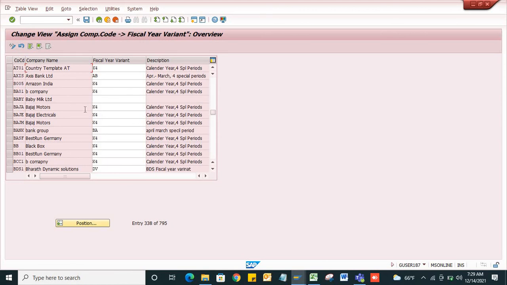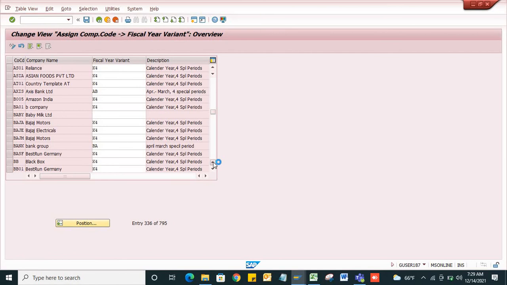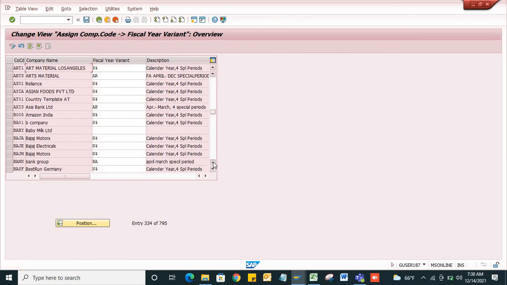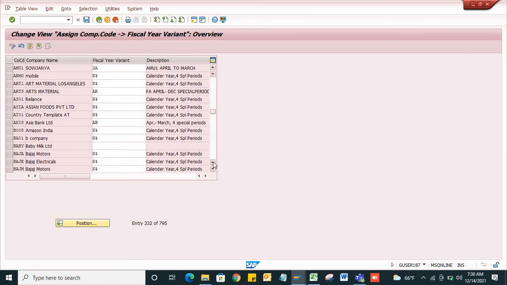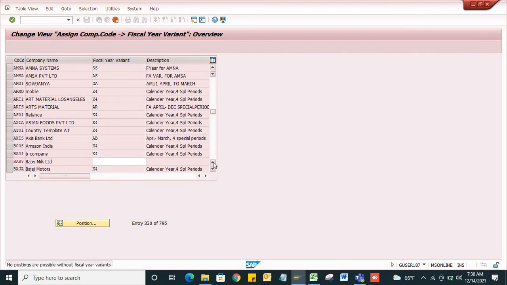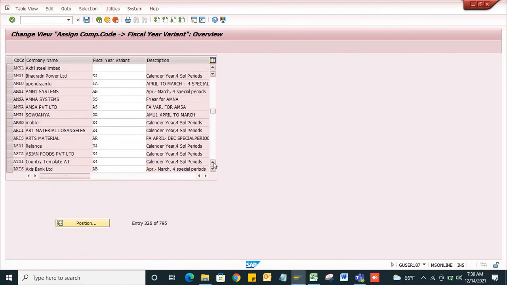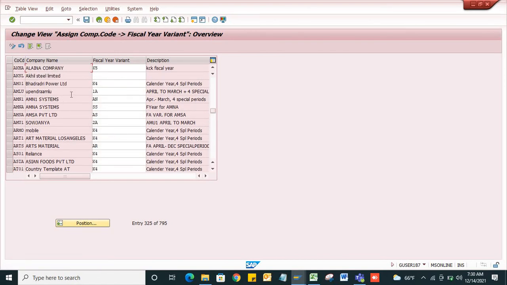Where is my company code? I am just locating my company code. AKSL. This is my company code.